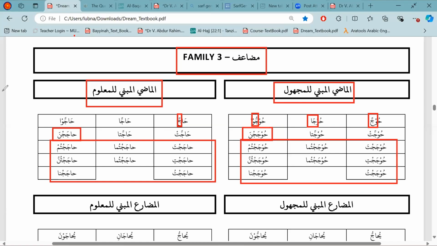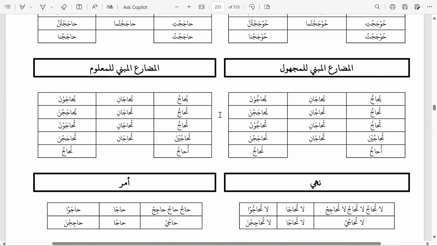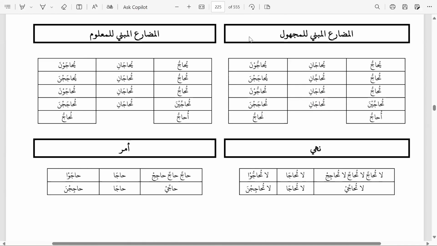Now we move on to the present tense. In present tense, you will see the fusion at every siga, every form, except the hunna and antunna versions. So you go from hajajna to hajajna. Otherwise, you will see fusion. The same happens with present passive: the hunna and antunna versions have separation, but the other siga all have fusion.